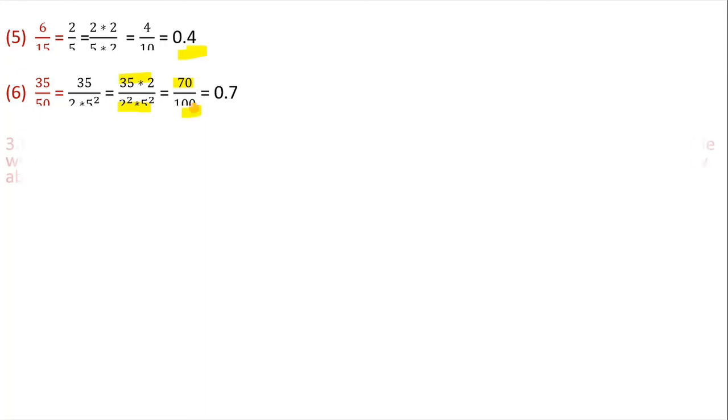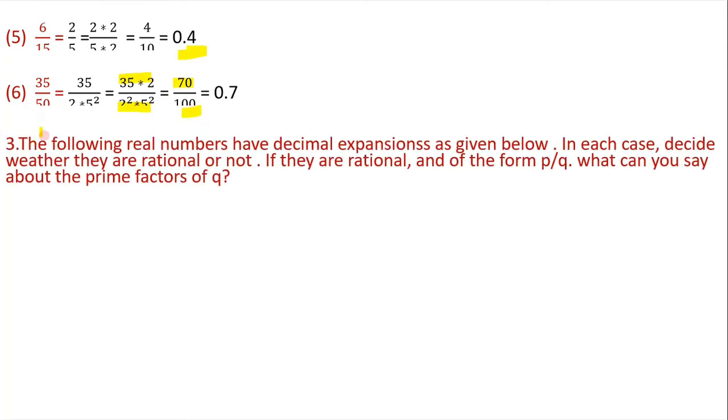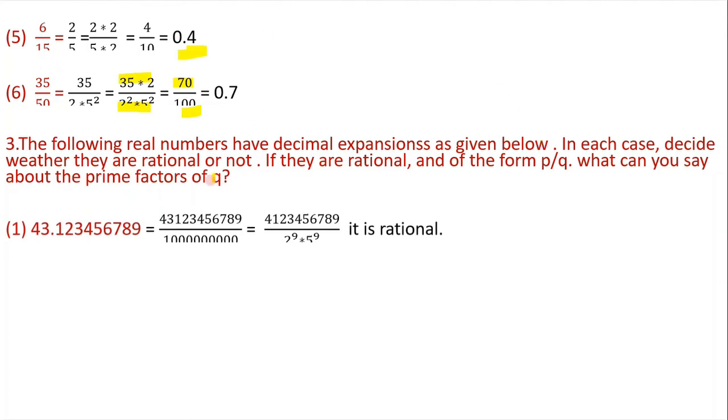Okay. Now, next question. The following real numbers have a decimal expansion as given below. In each case, decide whether they are rational or not. If they are rational of the form P by Q, what could you say about the prime factors of Q? Okay. Now, what is the question given? So they are given